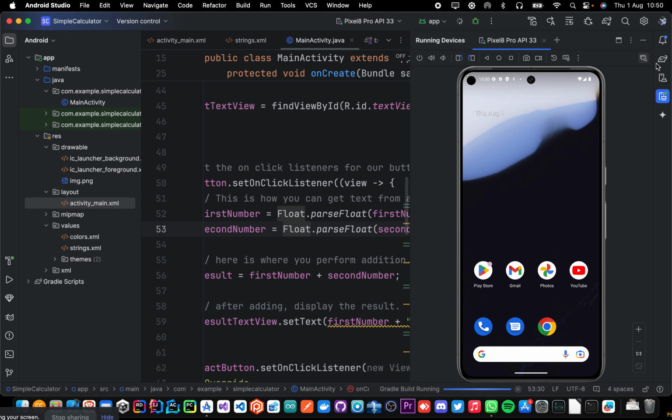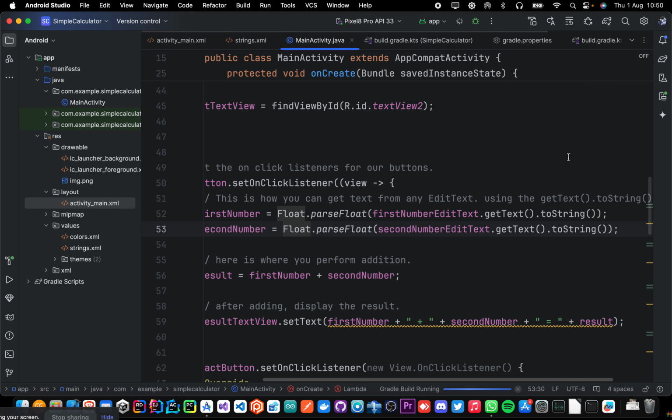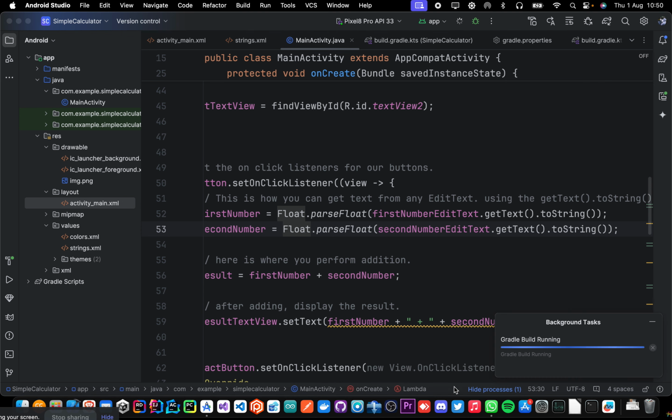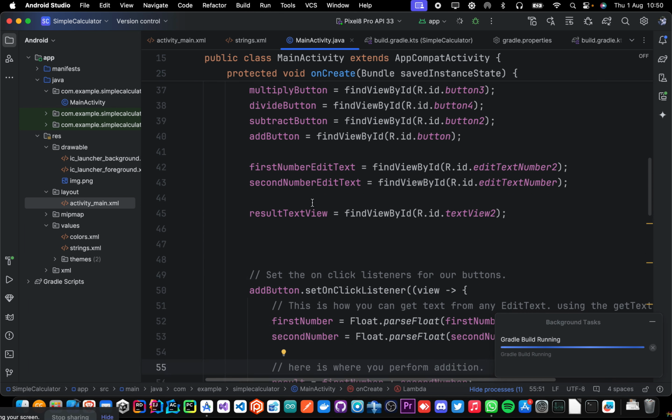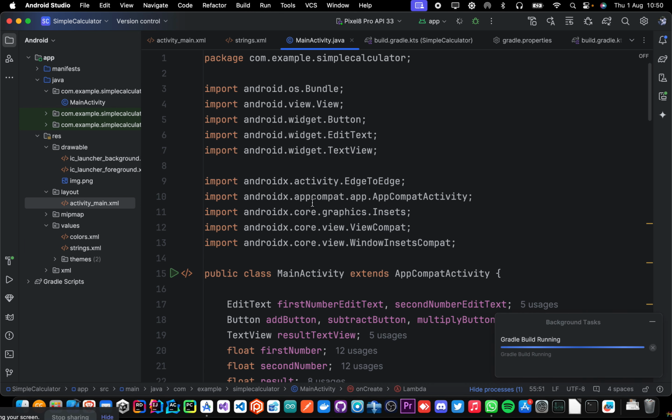Yeah, so I'll open my device once it's finished building down here. And now, just to have a recap of what we've done for this session,